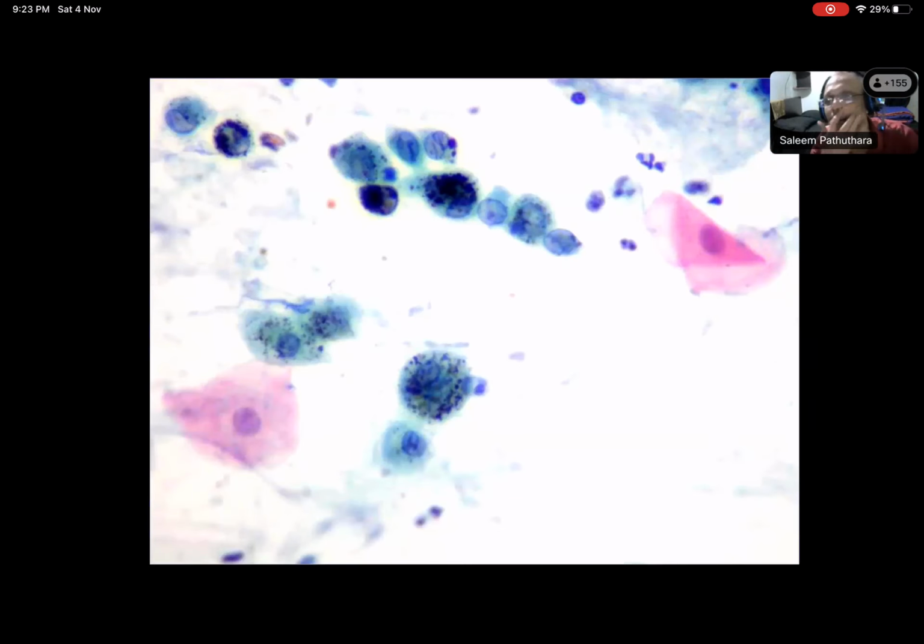So my primary aim was that any sputum sample... Usually in every laboratory, sputum is given as saliva. The patient is not explained what the sample is, and even the laboratory person never checks what sample they receive. They just make a smear from the saliva and it will appear like that. So we have to have a pre-check whether it is really sputum or not. This is very important so that we get proper pulmonary macrophages for making adequacy.